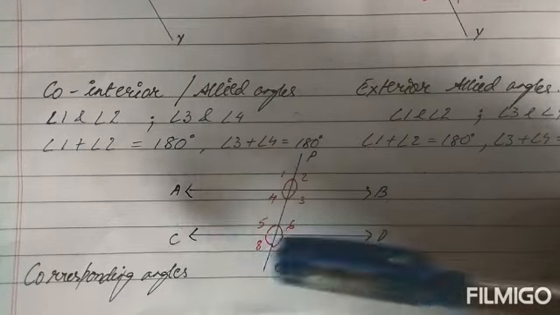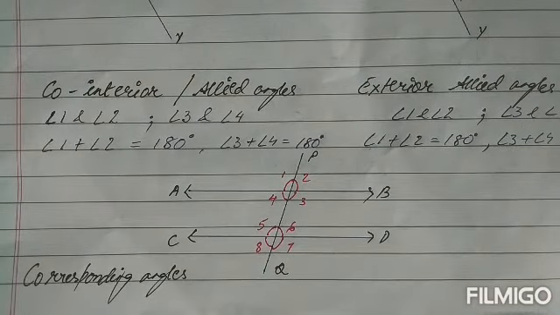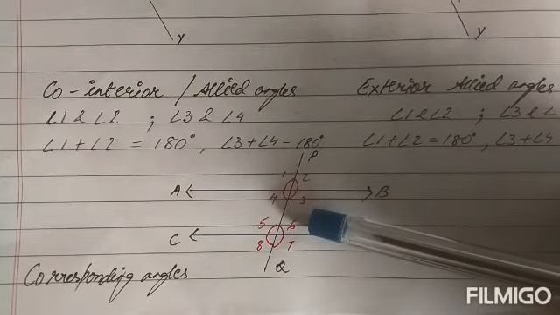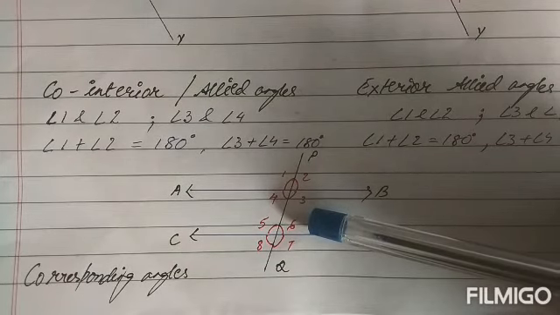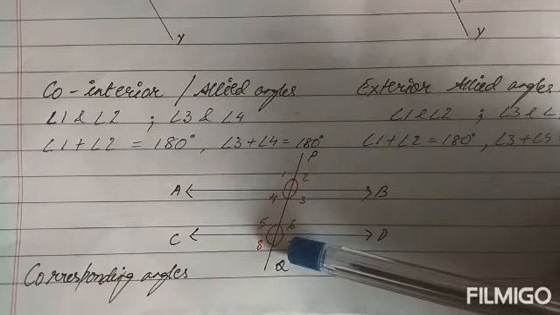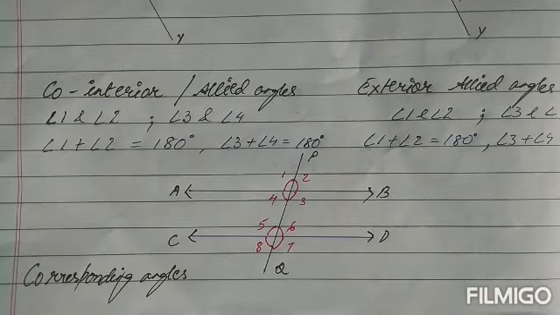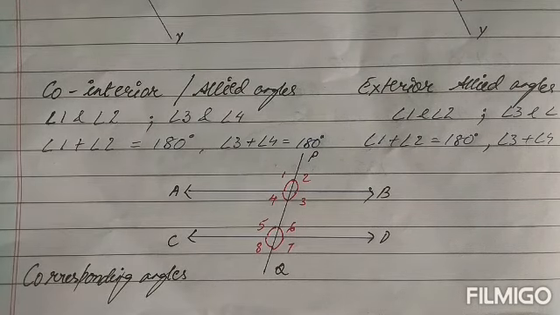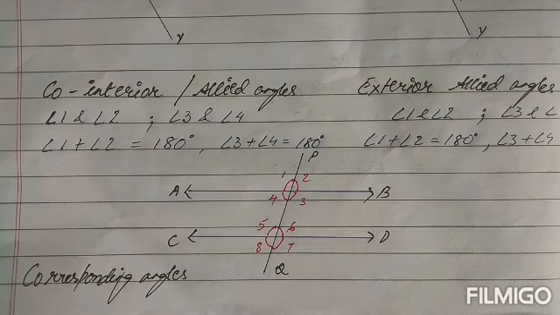Similarly 4 and 8 will share the same value, they are the corresponding angles. On the other side children, 2 and 6 are the corresponding angles, they will have the same value. 3 and 7 are the corresponding angles, they will also have the same value. So in such a case children, we have 4 pairs of corresponding angles. So this completes everything about the introduction to the different kinds of angles that are formed with a transversal on a parallel line. Now we are going to further see exercise 25B.